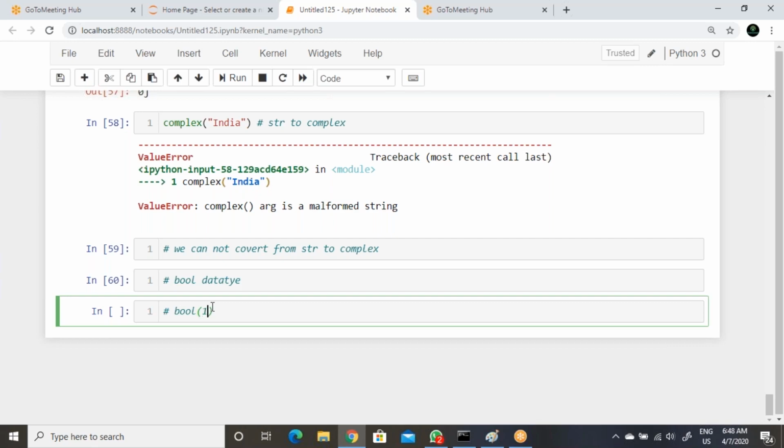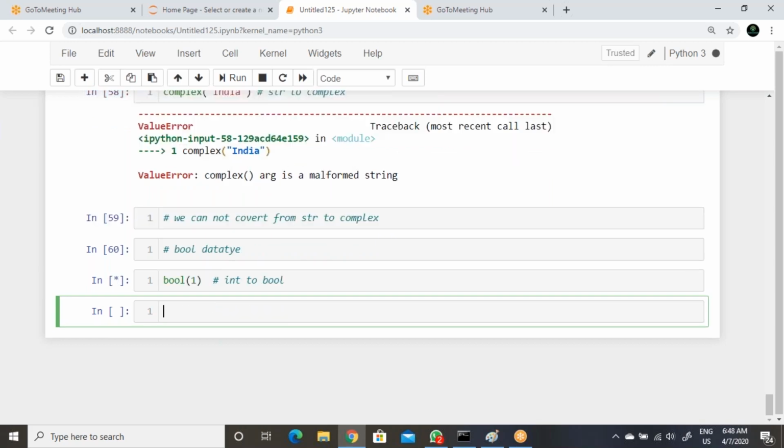In this case we need to extend the functionality only. I am just taking a equal to True, print of a, then print of type of a. Then what you need to do is b equal to bool of a. We need to understand some extent here. Print of b, then print of type of b.